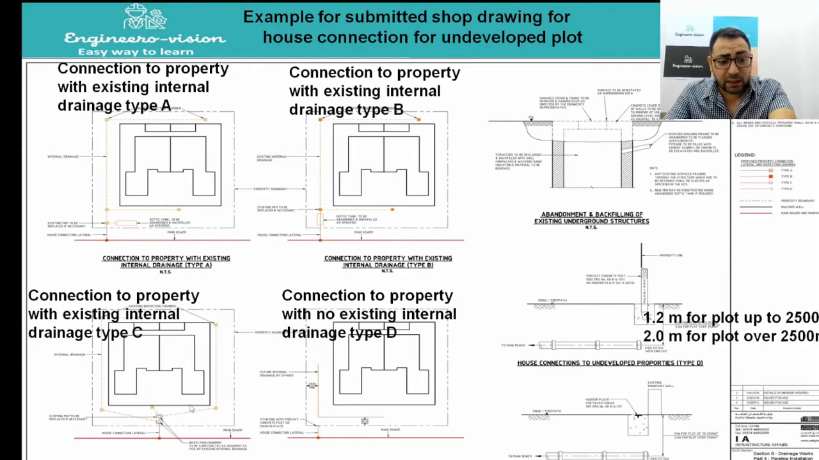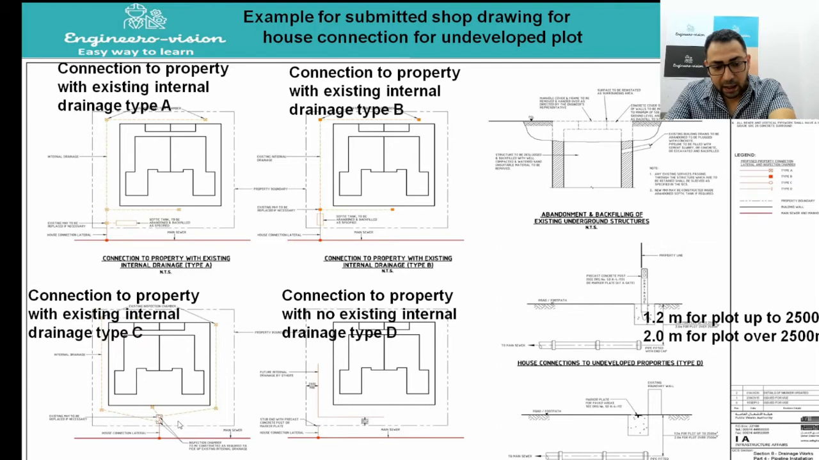What is type C? Type C means we have a lot of connections going to the septic tank, and these connections will not be going to one point. In the previous case, all the flow was coming to the septic tank from one point. But here, this inspection chamber and this inspection chamber and this inspection chamber throw this flow to different points inside